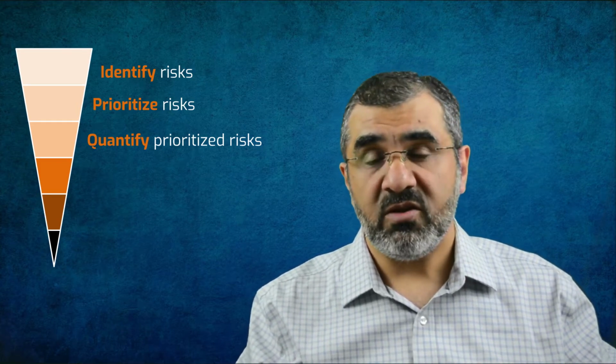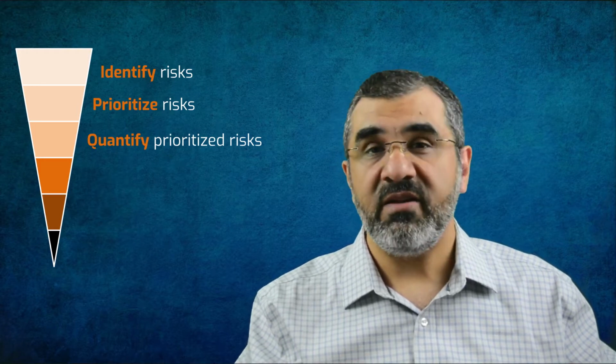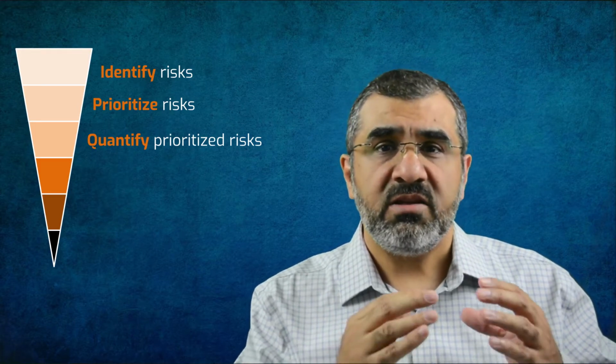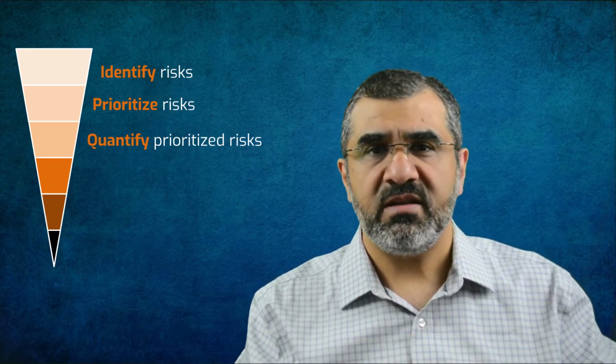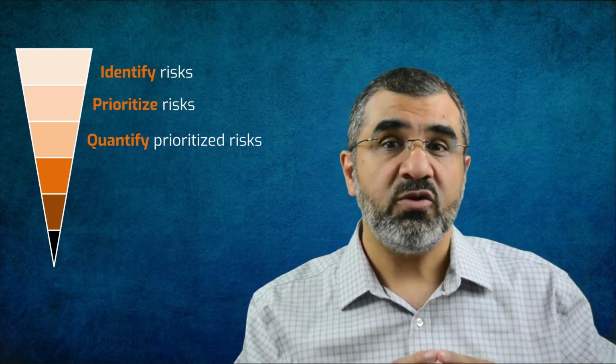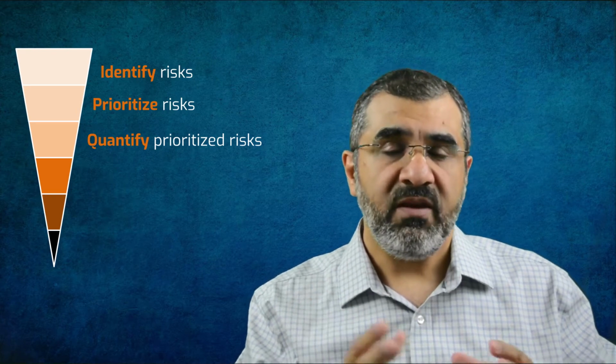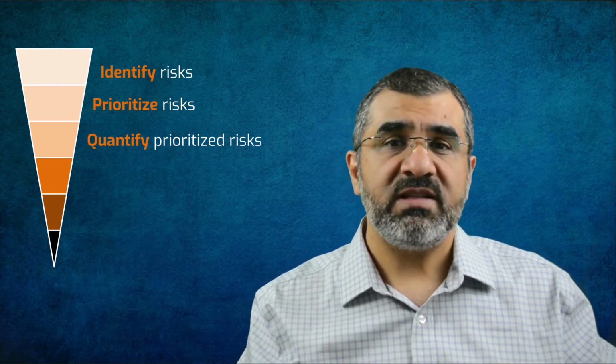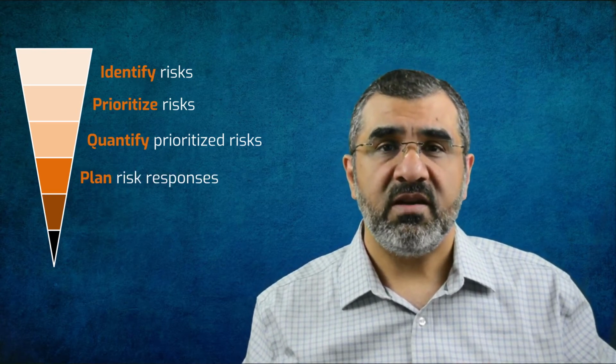Now the project team cannot stop here. It is not that the identified risk occurs and the team will take money out of the contingency reserve and start throwing it out to manage the risk. There needs to be a plan of how to use that money to deal with the risk, if it ever occurs. So the 4th step is to plan the risk responses.